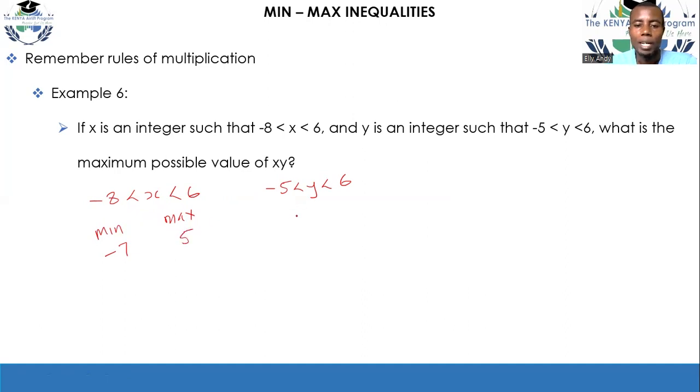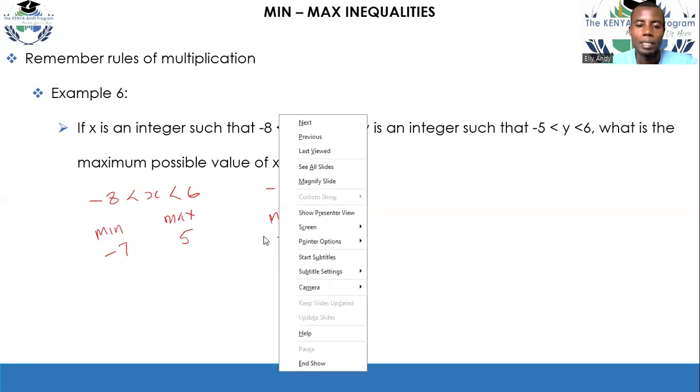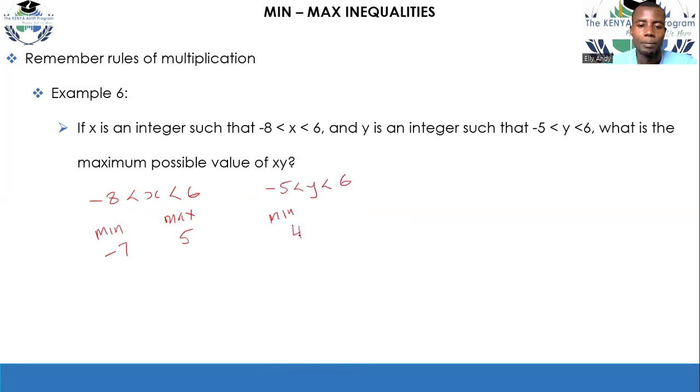For y, we'll have the minimum as -4 and the maximum as 5. That is the first integer less than 6. Now here is where most people make a mistake. They know that positive numbers are greater than negative numbers. So when they come to this point, they just take 5, multiply by 5, and get 25, which would be